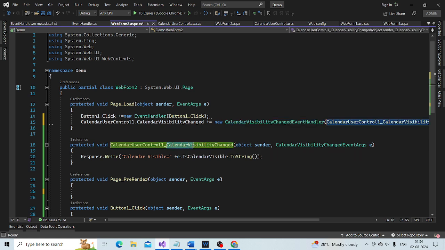This is the event, calendar visibility changed.